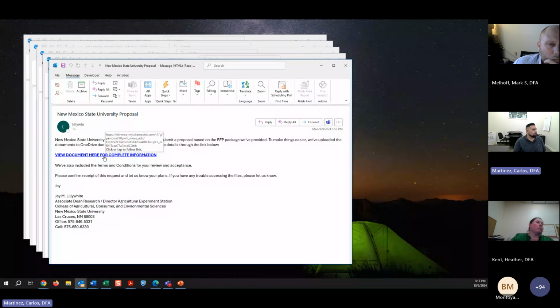And third, if you mouse over this link, it gives you a little further idea as to what's going on. In this case, you see ELT nmsu-my.sharepoint.com with specific letters. It might not line up with what's going on here. Having the ELT before NMSU is a misspelling associated with what's going on here.